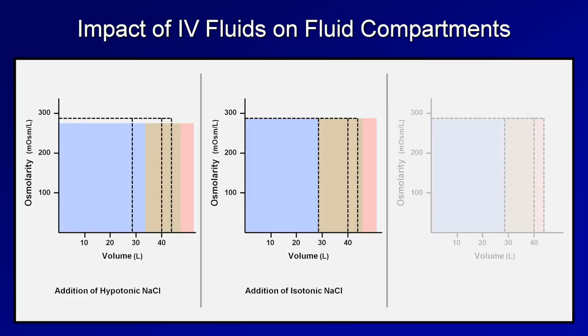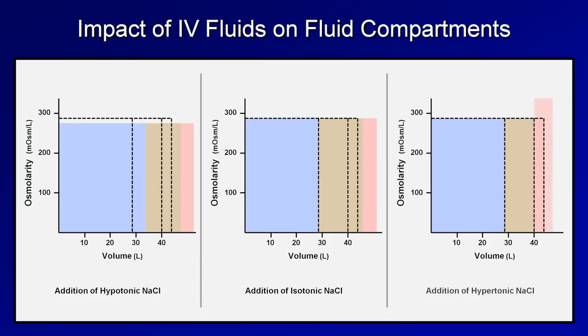And finally, if we take the same patient and infuse hypertonic saline, this would cause cells to shrink, effectively pulling water out of them and into the extracellular space. So the extracellular fluid volume expands partly by the infusion of extrinsic fluids and partly by redistribution of water from the cells. So it will take even less infused volume of hypertonic saline to expand the intravascular volume. The downside to this, however, is the increase in plasma osmolarity, which among other problems can cause dysfunction of the